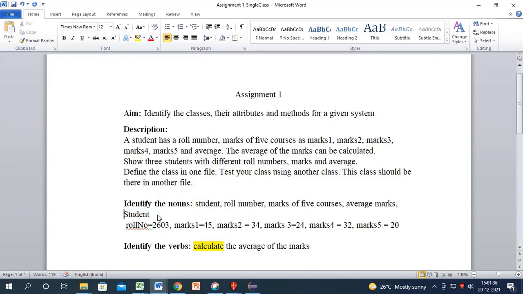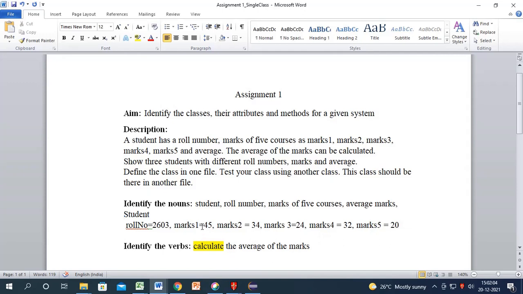Now to convey that this is the information which is there with the student, what is the minimum information which you need to give? The minimum information which you need to give is the roll number value and the values of all the 5 marks which the student has obtained in 5 different tests probably, or for 5 different courses.